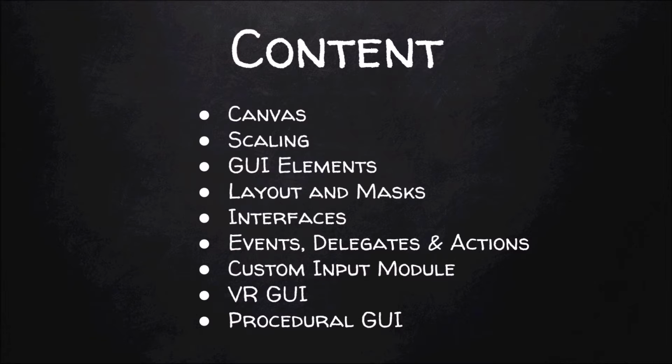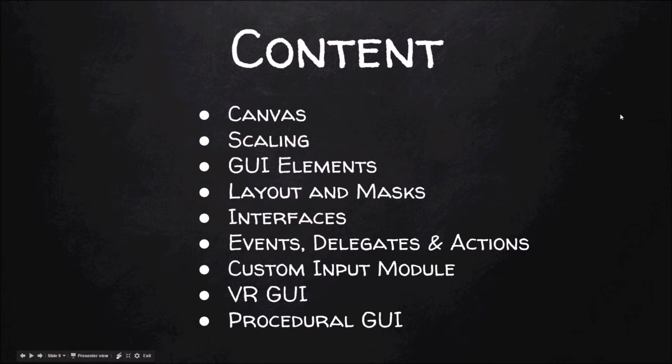The topic just after that would cover the GUI elements, for example, buttons, labels, or sliders. I will try to cover each GUI element in a single video. After that, we will come to layout. The layout system is helpful to make a bunch of GUI elements, and Unity will automatically arrange them in a grid or in a vertical layout, and it also is helpful when the window resizes or the orientation changes. Unity will automatically adjust those GUI elements if you are using the layout system.